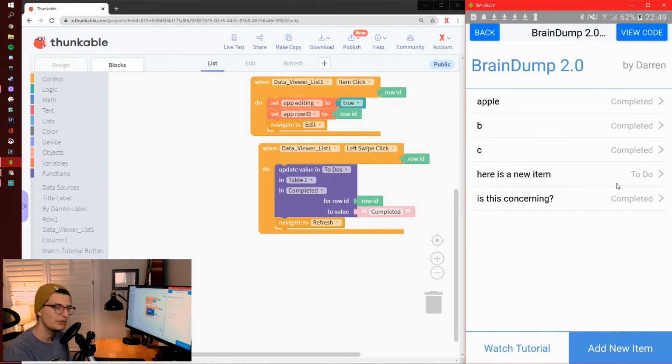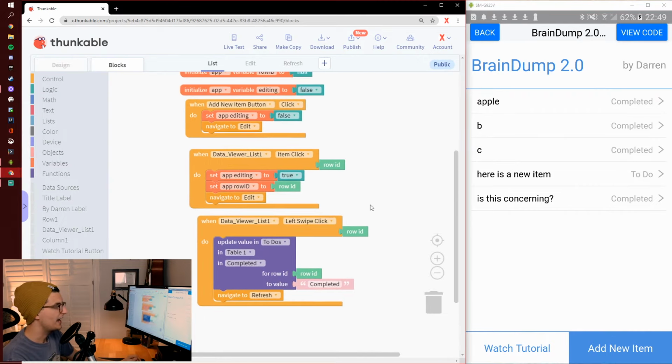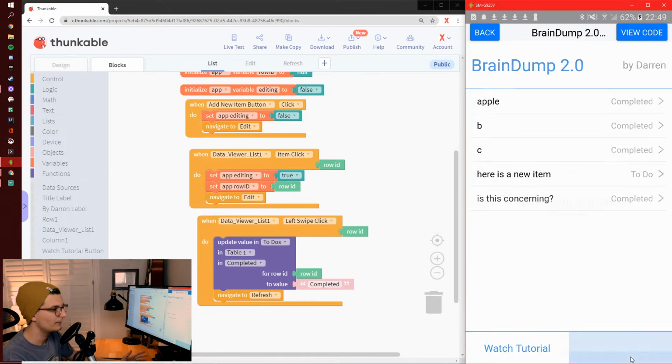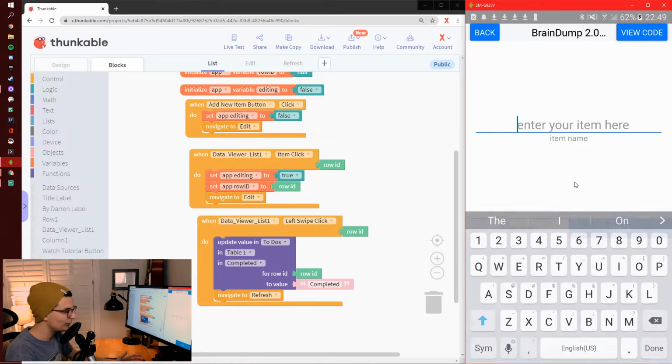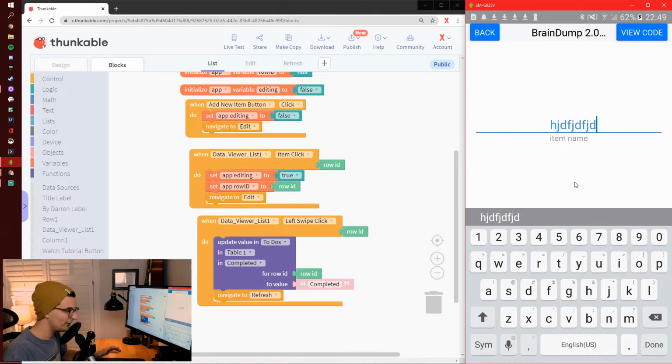So the last thing I promised you and last thing that I added to this app was a little bit of validation. Whenever you're working with data, whenever you're coding, you can't expect users, so users are just the people using your app, you can't expect them to always do what you want them to do. They're going to do things that are silly. So for you, it definitely makes sense to come over here and type in on the screen and then click the save button. But we'll say that,